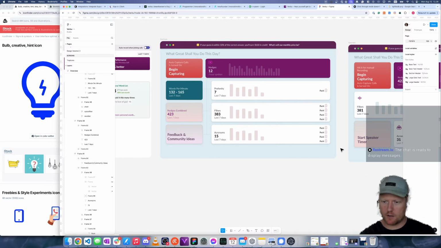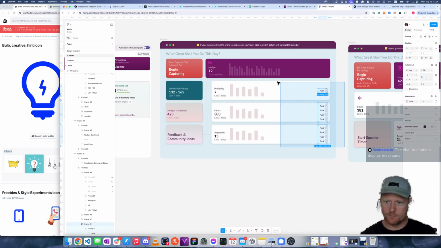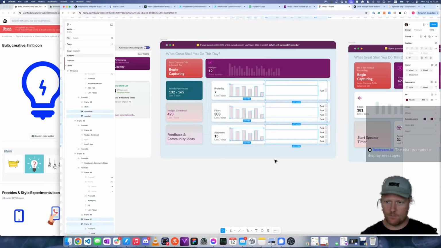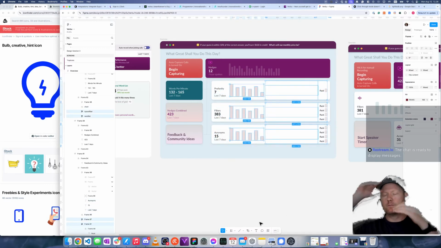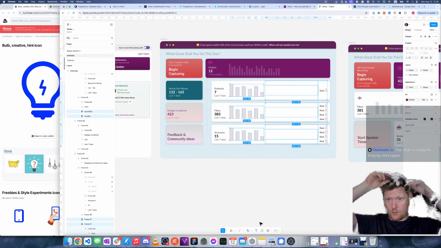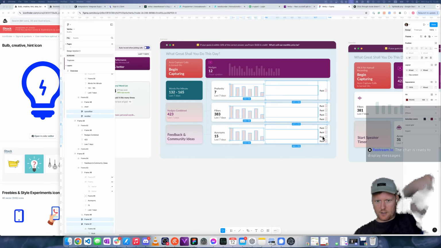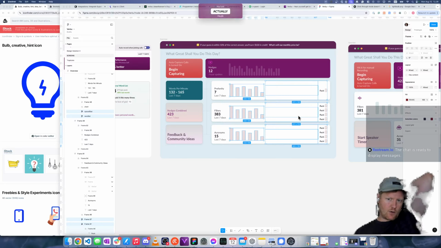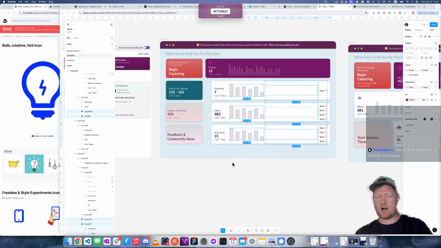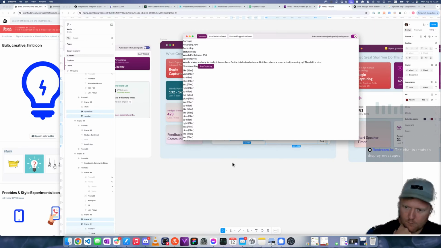Okay, so the big question is, how do we do this bit over here? And these? Because the most important part is what are the mistakes and why. So actually this over here. So the total counter is 1. But then where are you actually messing up? The chart is nice, but